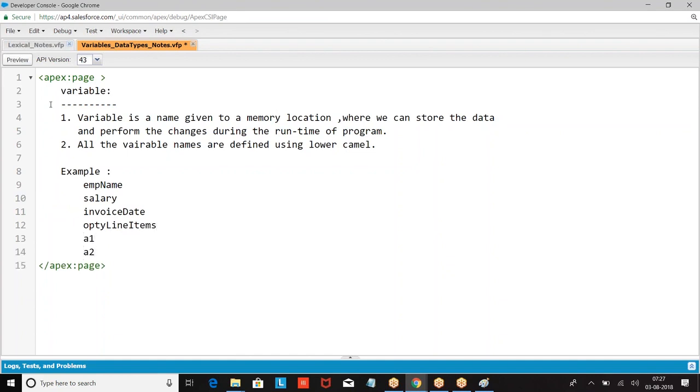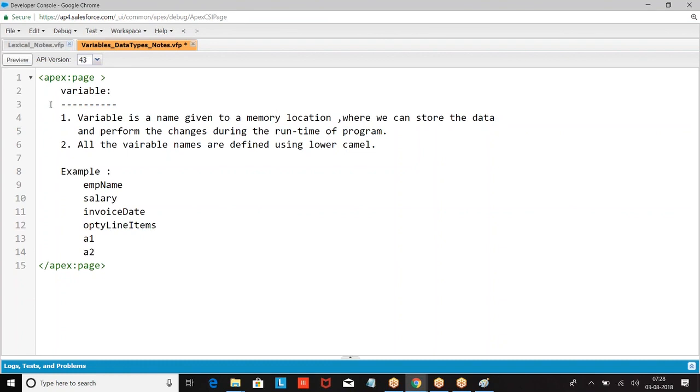So all these are variables. So what is a variable? It is a name given to a memory location where we can store the data and perform the changes during the runtime of the program. All the variable names are given with lower camel case.